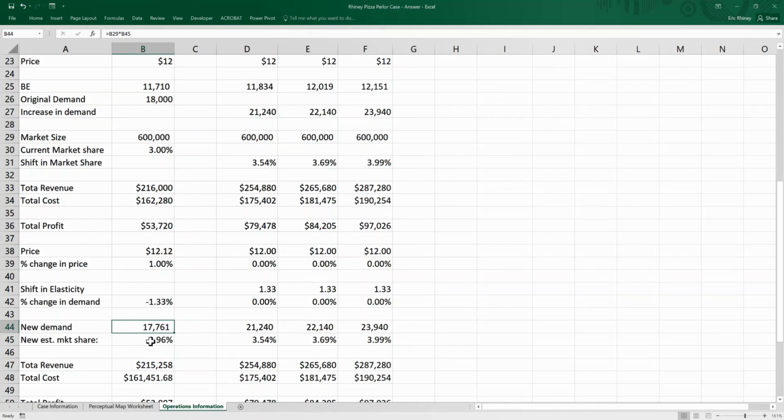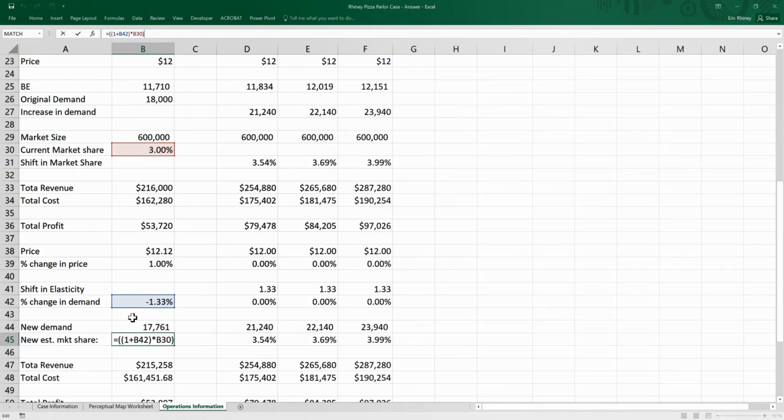So we could do it that way, or we can look at the 3%, which is our original market share, and we can multiply that times 1 plus this new demand change, and that would give us this 2.96. Then we could take 2.96 times the 600,000 market size, and it would come up with the same thing. So here, the way I did it was I actually looked at this 3%,